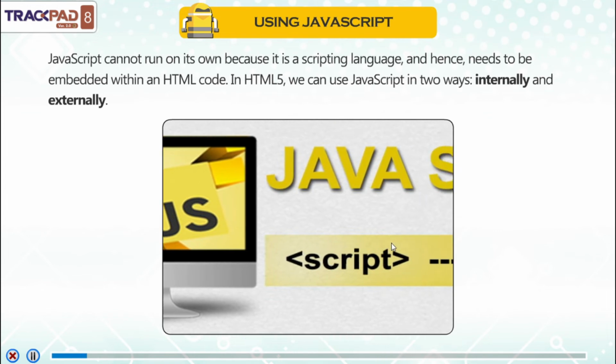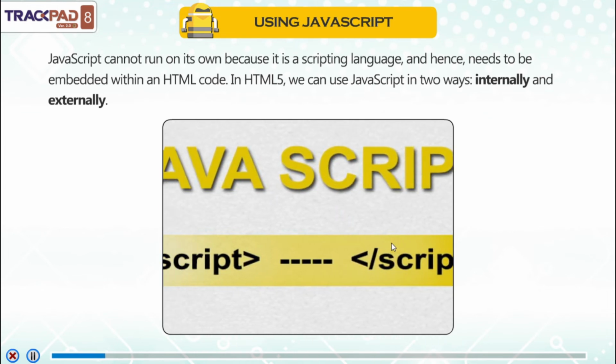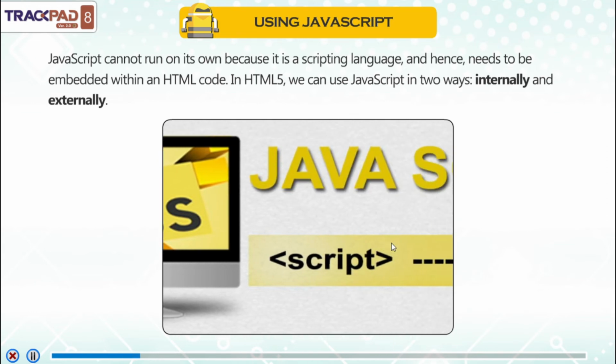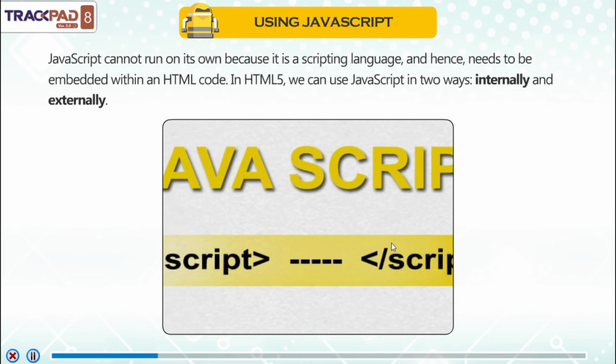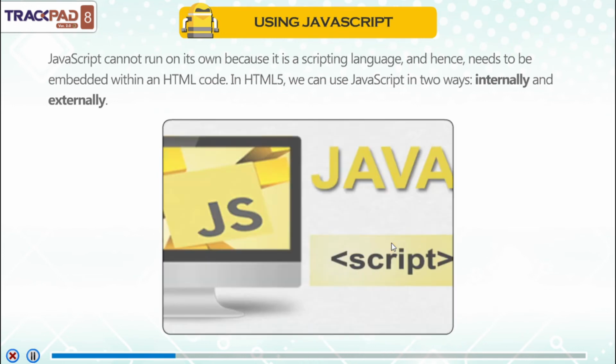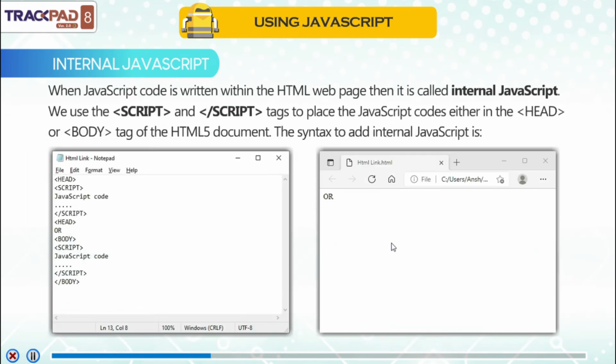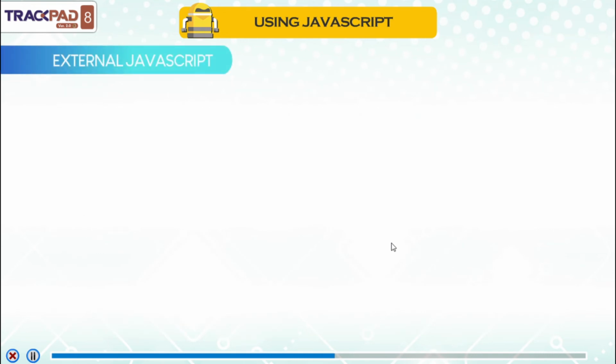Using JavaScript. JavaScript cannot run on its own because it is a scripting language and hence needs to be embedded within an HTML code. In HTML5, we can use JavaScript in two ways, internally and externally. Internal JavaScript. When JavaScript code is written within the HTML web page, then it is called internal JavaScript. We use the script and close script tags to place the JavaScript codes either in the head or body tag of the HTML5 document. The syntax to add internal JavaScript is